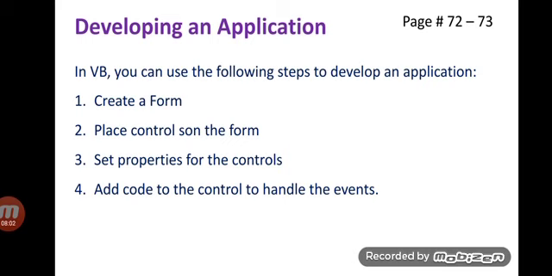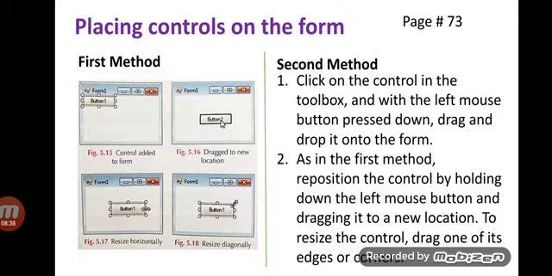Second, method: how you perform the action, how you control the action of the control. So next we have event, such as click, double click and mouse over. When you click, what will the button display? When you double click on this, what will the button do? When the mouse is over it, whether it will change into another color or be highlighted. So these are the things which are used in developing applications.